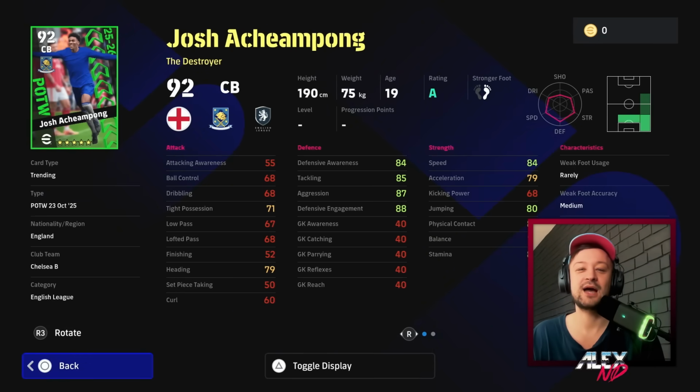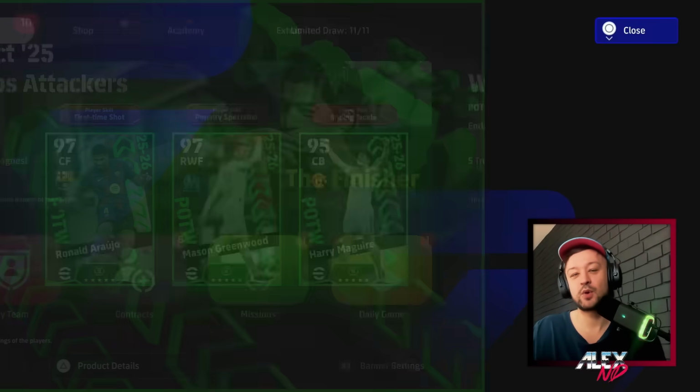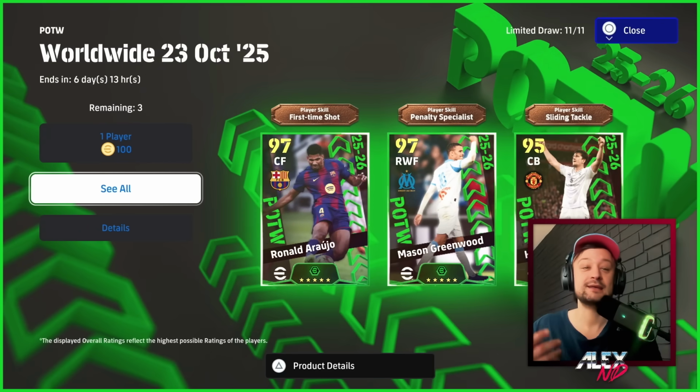And finally, a Champong center back. Slow. Actually, not really that slow. It's just like defending is just a little bit mid. And that is pretty much the pack. I'm not going to be spending my coins on this, but I'm going to be simming some games and hopefully